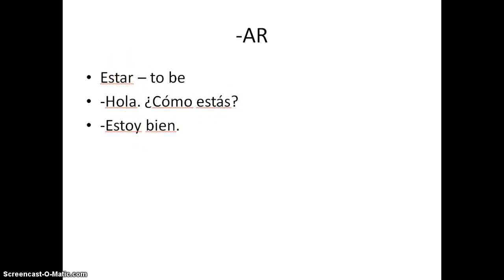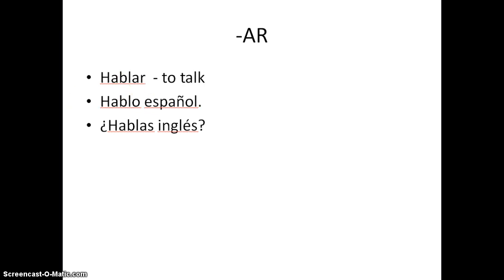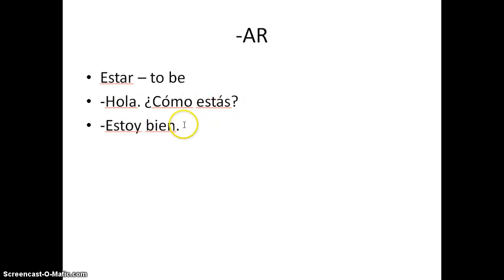Compare these endings with this AR verb with the verb hablar. When we wanted to say I speak, you said hablo, you had an O ending. And when you wanted to say you speak, you have an as ending. Notice that in the AR verb estar, to say you is still as, cómo estás. And to say I, you have an O here, but you have to add a Y. This is something that makes the verb estar an irregular verb because it's going to be slightly different than most AR verbs like hablar.